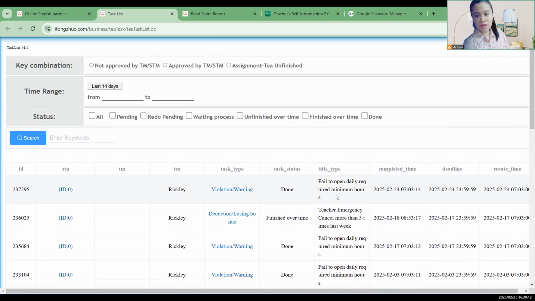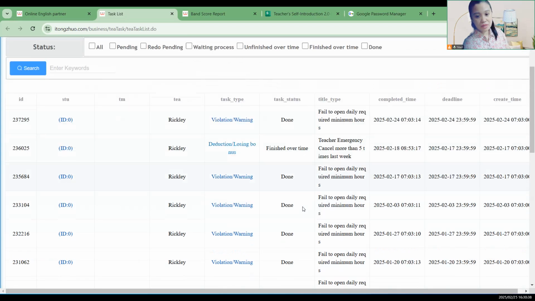Kung merong, let's say you failed to open daily required minimum hour, you just need to fill it up and then click done so that it won't appear unfinished overtime on my side. So you should do this preferably by the end of the week as well. Para pagdating ng Monday, when I check it, it's already completed. Hindi na siya mag-generate ng finished overtime.